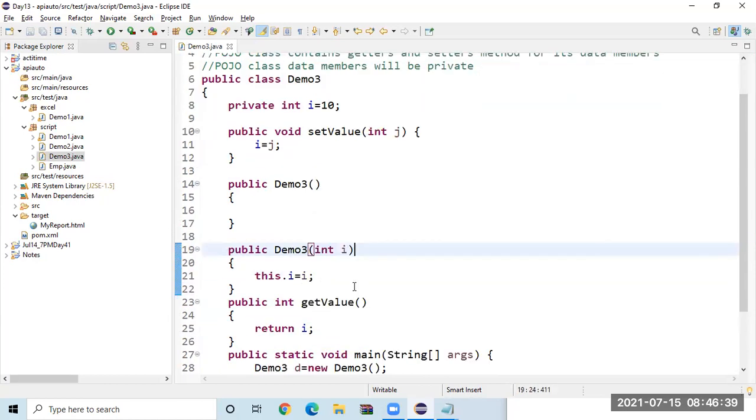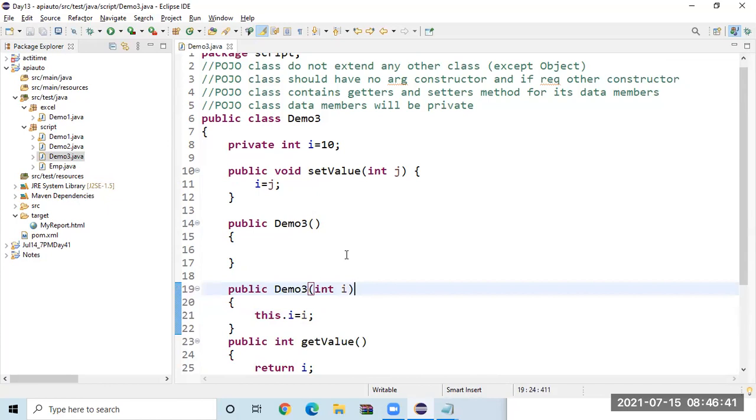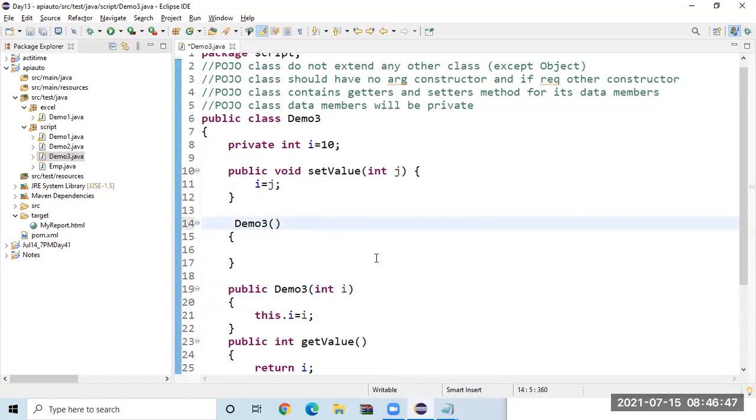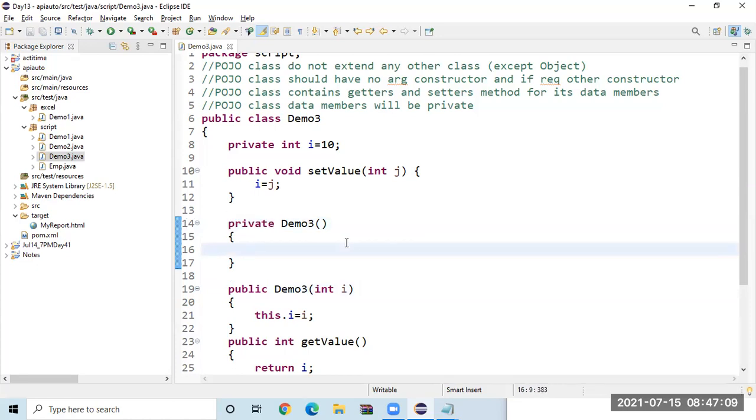Sir, for the constructor, do we need to specify the access modifier? If you don't mention it, what will happen? The class is public, but your constructor becomes default, package-local. Okay. And can I make it private? Of course, you can do that. People will not be able to call that. You can create it only inside the class. Outside the class, it is not possible. When do we do this kind of thing? You might have heard about one more design pattern called singleton. In such cases, we can have this concept of private. I don't want anybody to create an object.